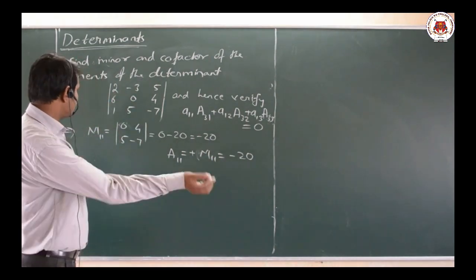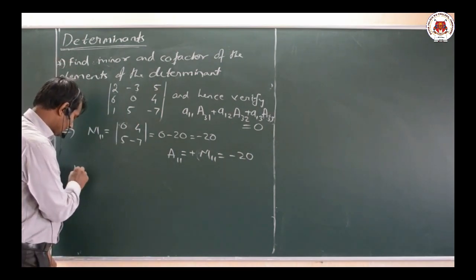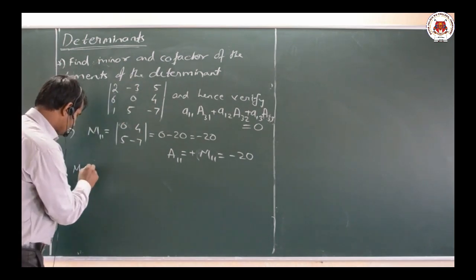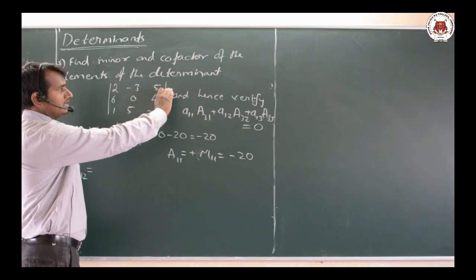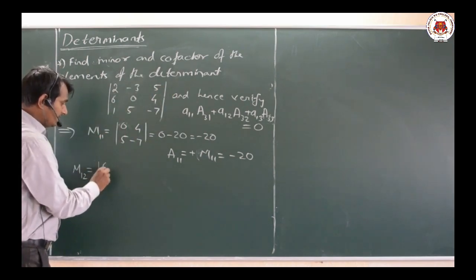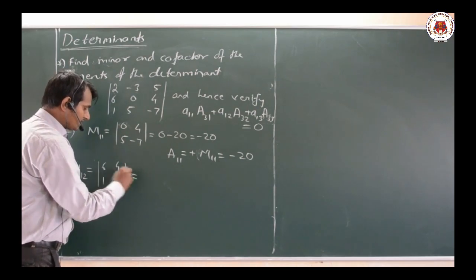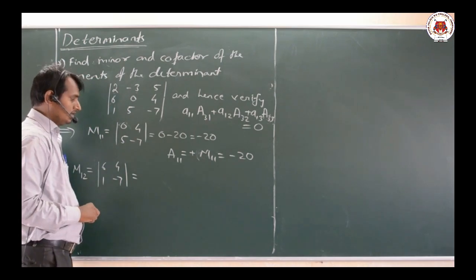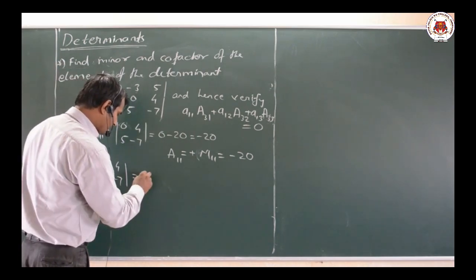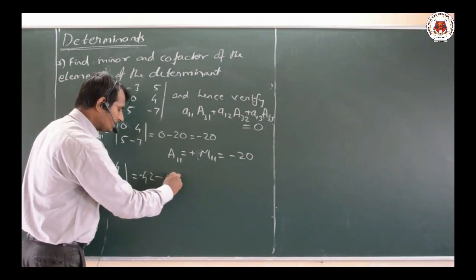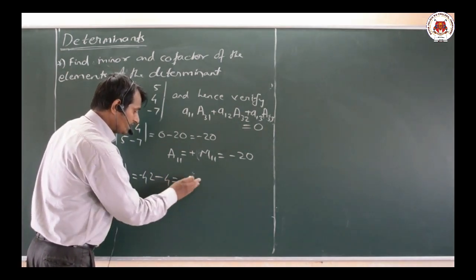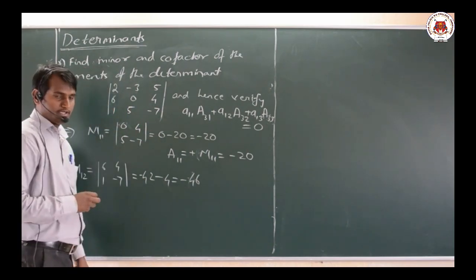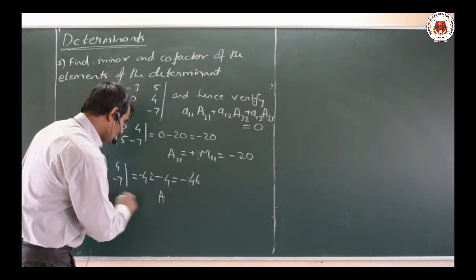Okay dear friends, next I will find the minor of -3, that is M12. First row, second column, minor of -3, which is equal to, now we have to delete this row and this particular column. What elements are remaining? 6, 1, 4, -7. What values do we get now? 7 6s are 42, minus 42 minus 4, the value will be -46. Similarly, we require to find the cofactor of it. Cofactor means A of 1 2.